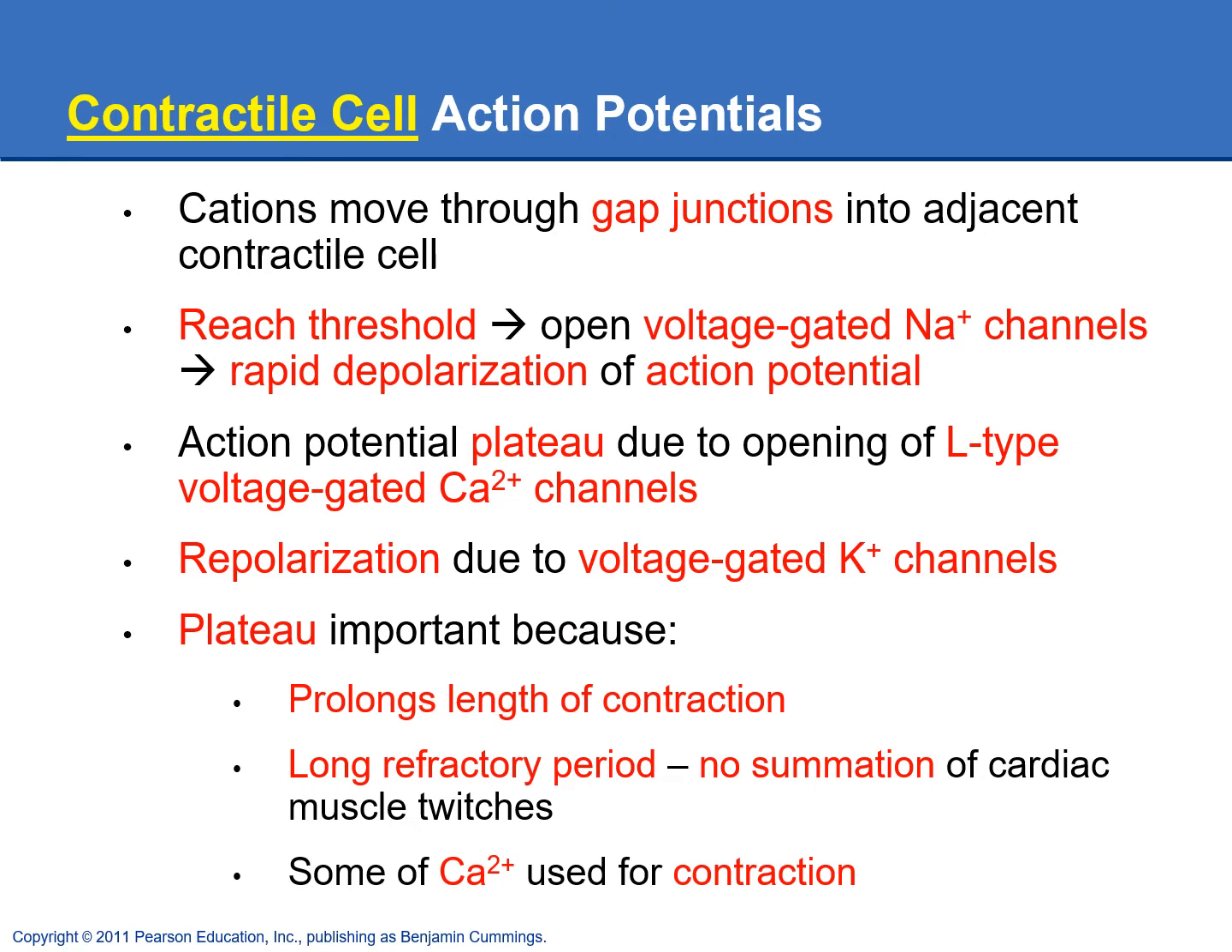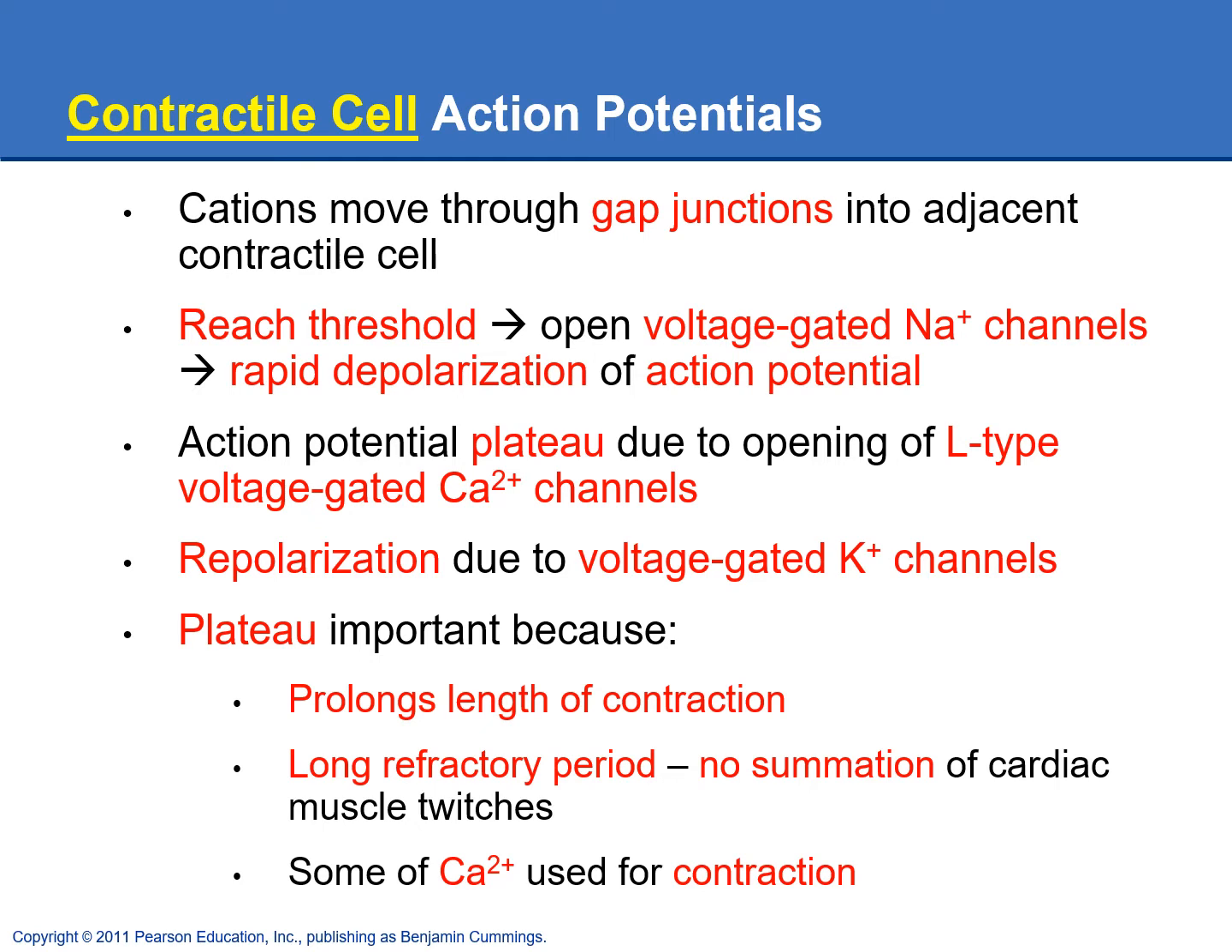So the action potentials that we see in the contractile cells are different than the pacemaker cells. Remember, the pacemaker cells are in the SA and AV nodes. They're going to be spontaneously generating these action potentials, starting the heart to beat. The contractile cells are the majority of the cardiac muscle cells, and when they get the signal, the action potential coming through the gap junctions, that'll trigger an action potential in them, and then they will go ahead and contract